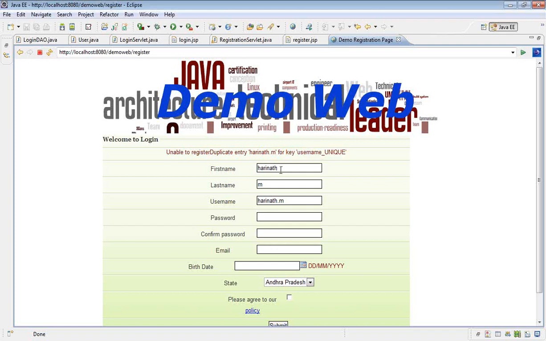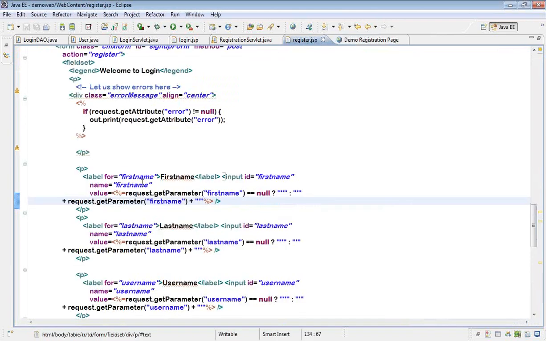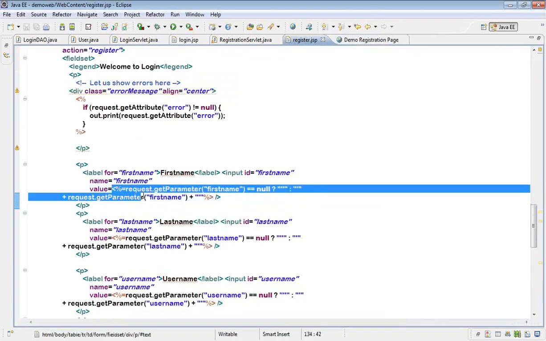But what I really wanted to show was, see here, first name, last name, and username are pre-filled now. There was an error. In a typical page, what happens is the page will be empty again. I see the error, but the page will be empty. To pre-fill the data, what I did was use a ternary operator, just a simple